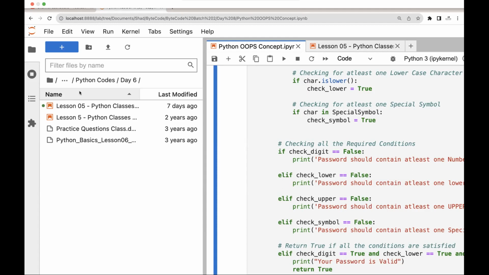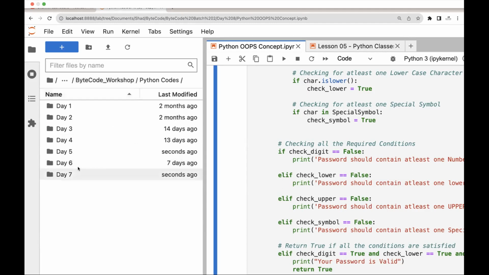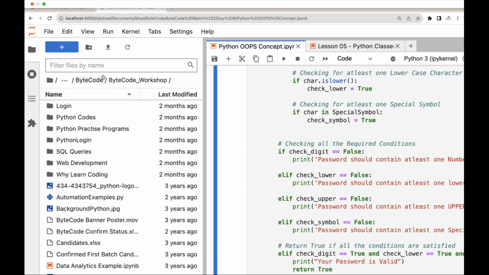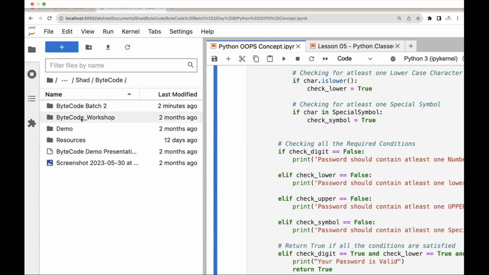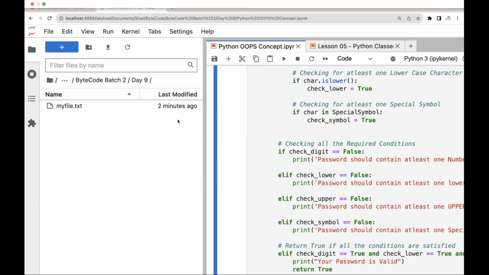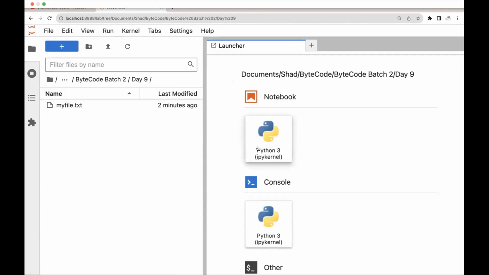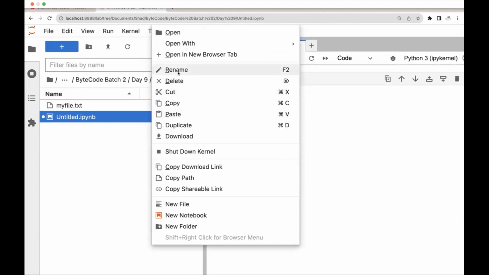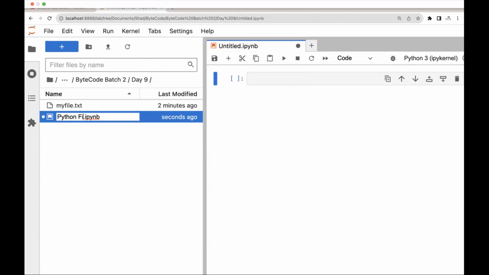Now we will move ahead, and today we will see two main aspects. The first being Python file handling. Now we will move on to how we can use Python as a programming language to automate